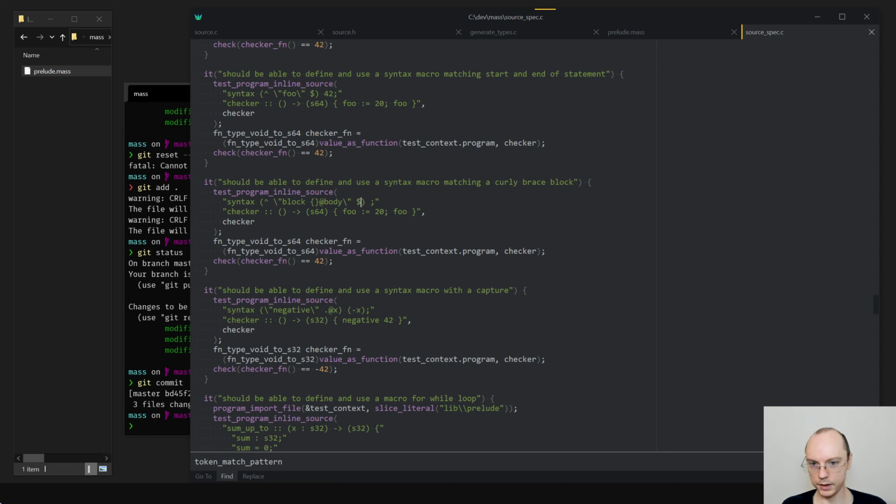And this should be here actually. Yeah. Body and body. So this does literally nothing. And we would say body 42. Should still work though, like this.